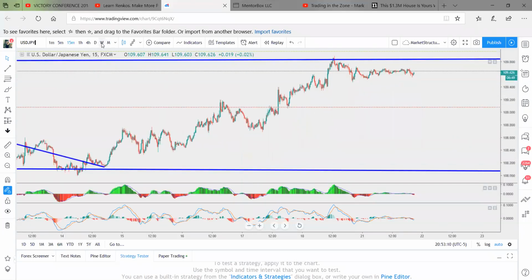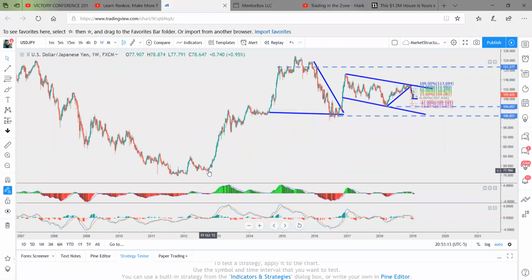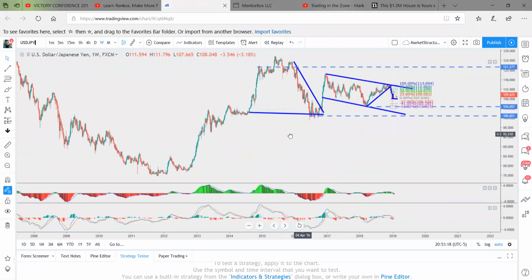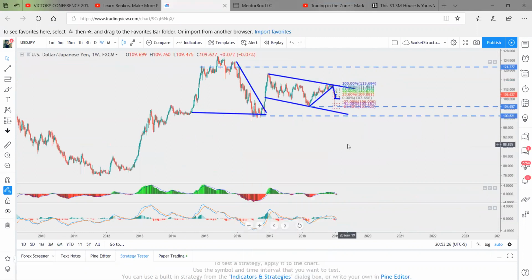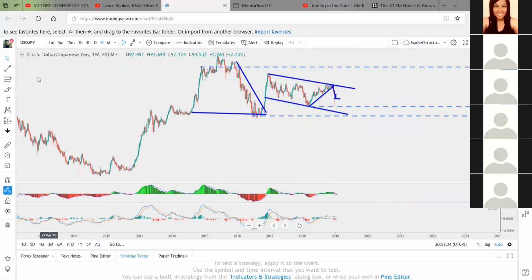All right, looking at USD JPY on a weekly, it's in a buy. You had a push to the upside and a big flag correction. Then when it came back and retested the previous demand zone, it broke out. And even though we're getting ready to sell it, if you look at your weekly, you had an impulse and you're just getting a correction here. So it's moving correctively on the higher time frame. So we're expecting to see it push down here, and then